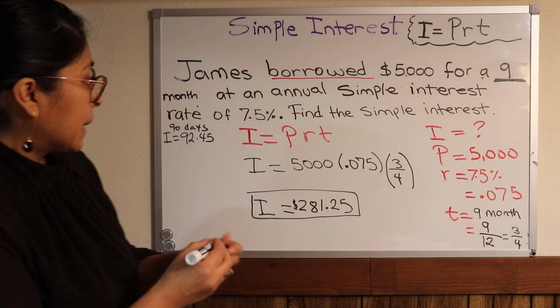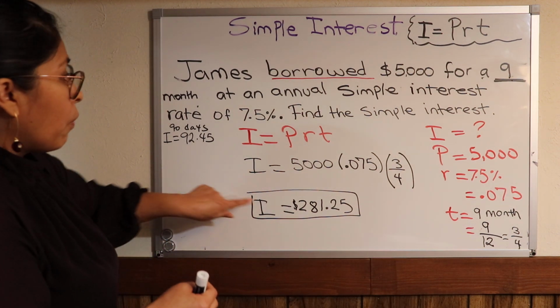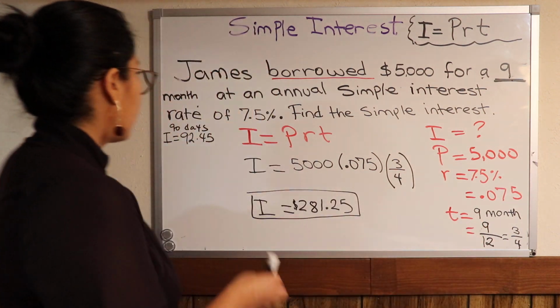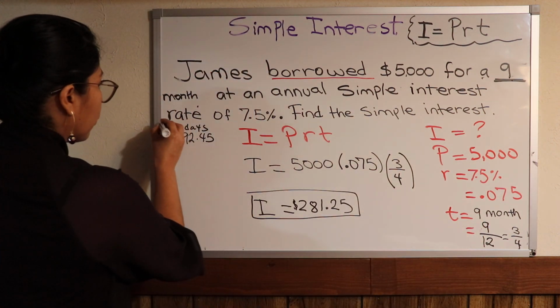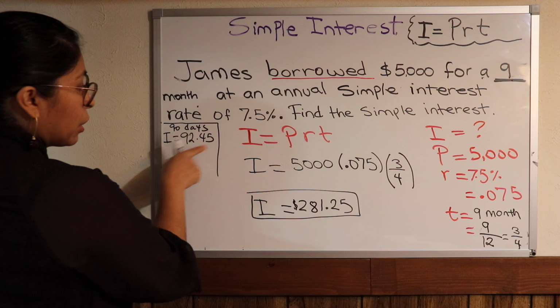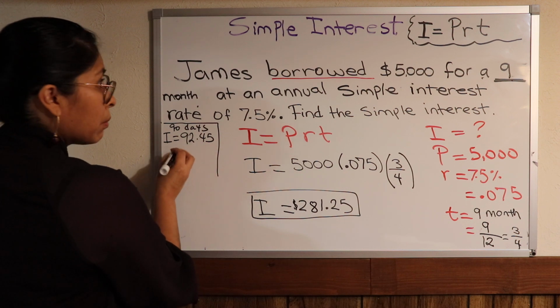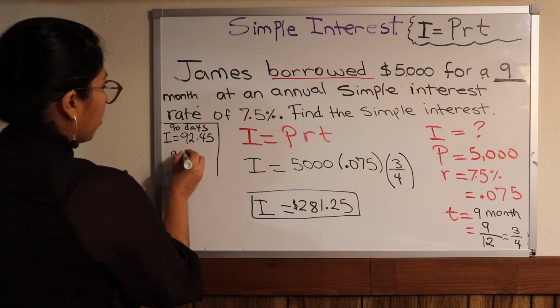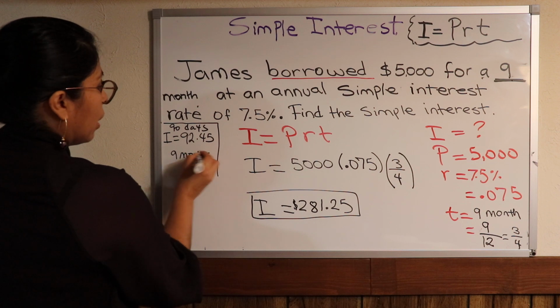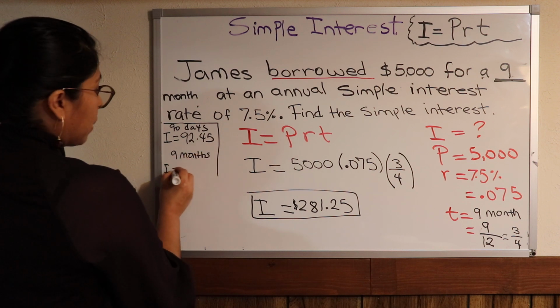So that was the interest for 9 months. So right here for 90 days was 92.45 cents. So now for 9 months, the interest is going to be